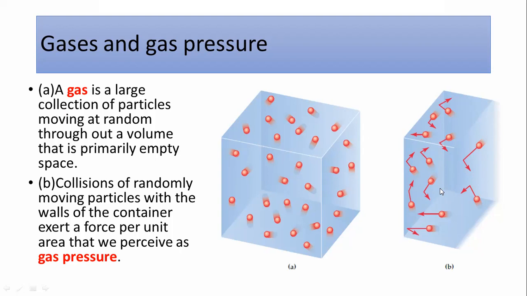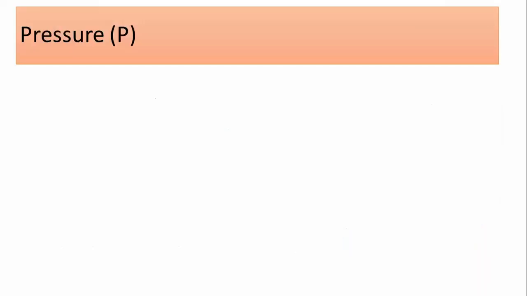Moving towards how we can calculate the gas pressure, and the different terms used to express it, this is our objective today: to discuss the different units used for the gas pressure. The first is what we have discussed before. Pressure is the force per unit area. That means the force of the gas particles which they exert on the wall of the container per unit area of the container. This ratio is called the gas pressure.